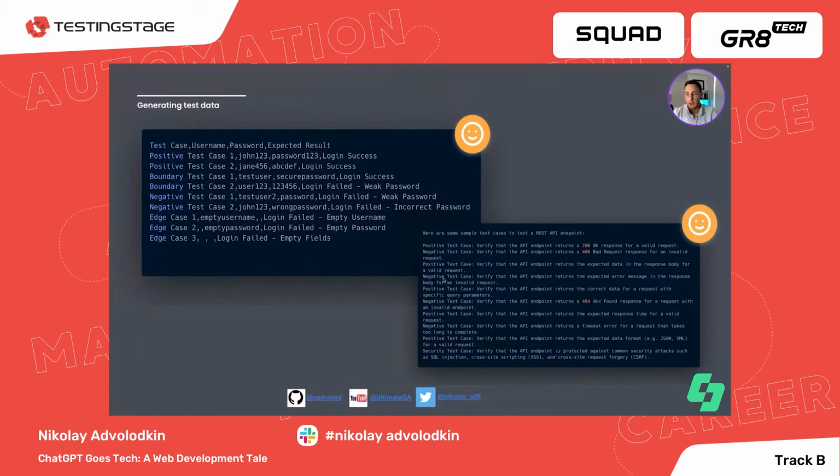Here's another example on the right-hand side. Even though our component doesn't have an API endpoint, we could imagine introducing some API endpoints that'll then do some authentication. In this case, I simply asked it to create some test cases for a REST API endpoint just to see what it spits out. And it came out with all of this text below. I asked it to generate in CSV format. You can ask it to generate this in any format that you want, which is also kind of cool, right? You can take this data and put it in a table format, CSV format, whatever, JSON format.